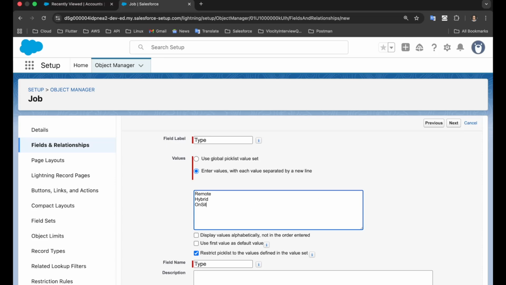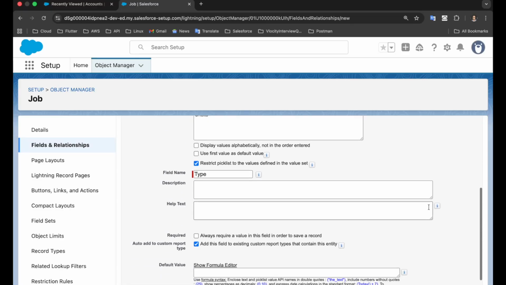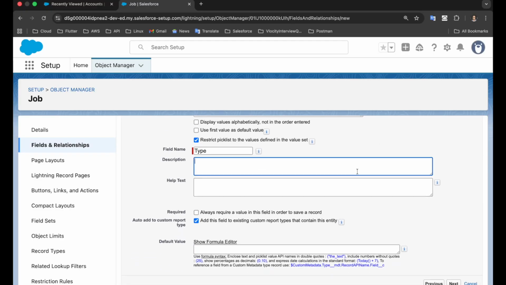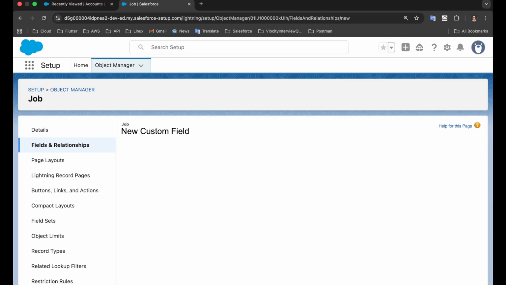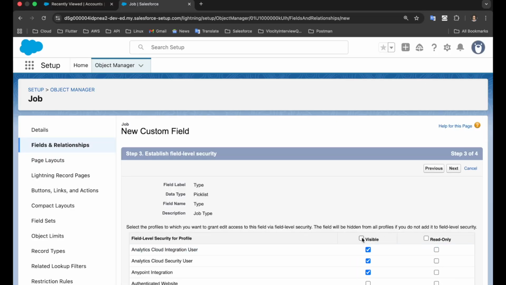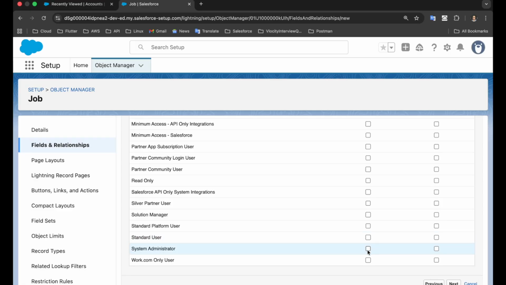Okay, so these three values will be under this pick list, and description will be the job type. Okay, and then click next. And now I will allow this to system admin only for this one as well. Click next